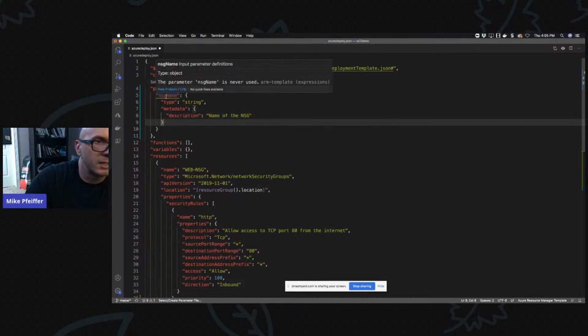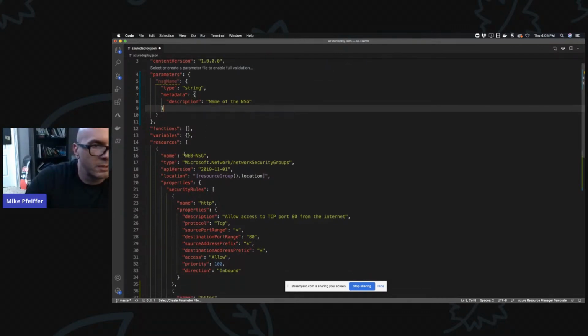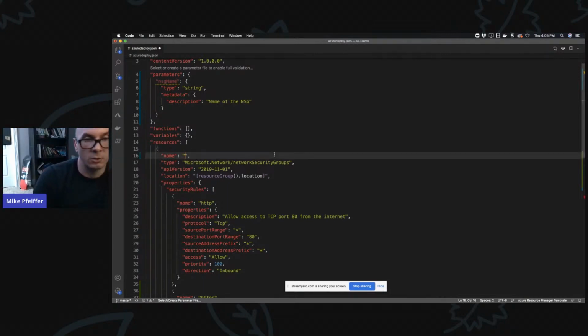And right now you can see that it's like, hey, you're not using this anywhere. So we're going to put a squiggle underneath it to warn you. It's just sitting here doing nothing. So let's make sure we are using that. So over here, this is how you would reference a parameter value. It's very simple. It looks intimidating when you don't know what's going on, but it's easy. Watch, I'll delete the name that's in there. And so this is the trick.